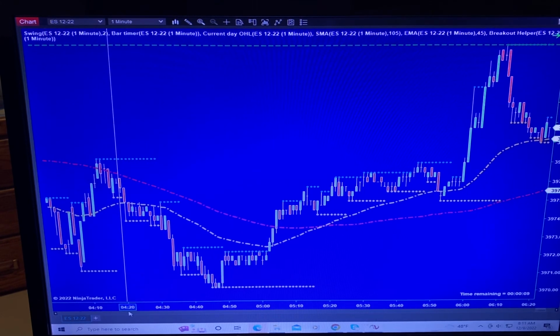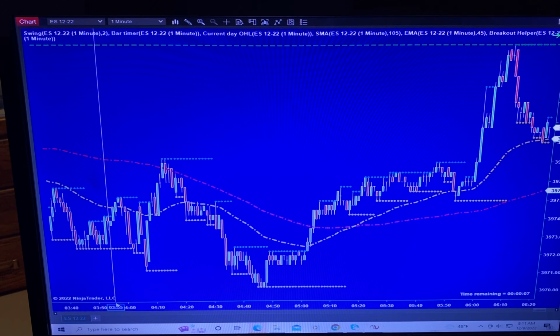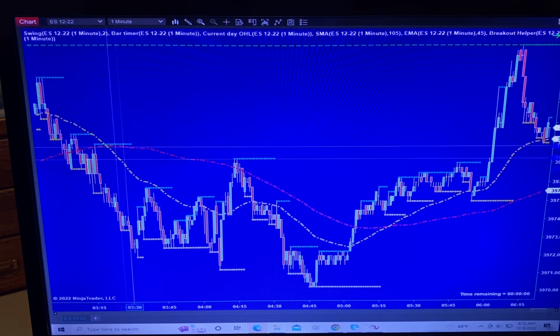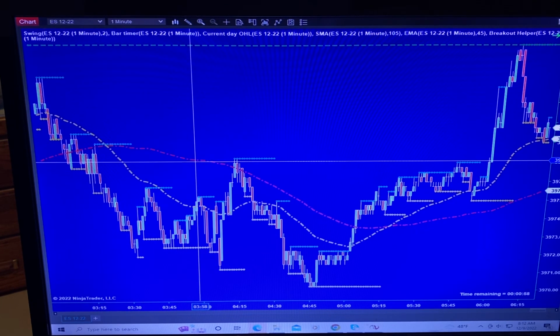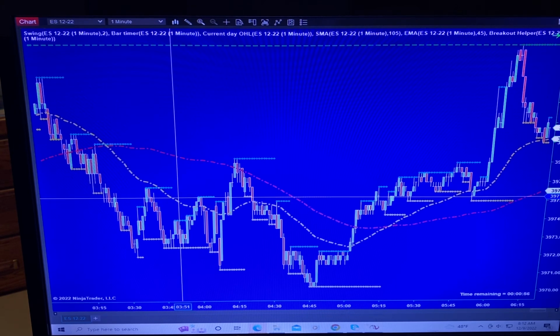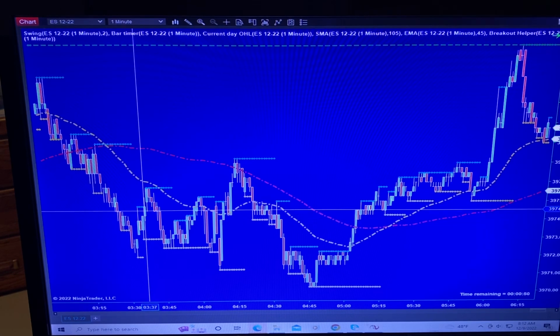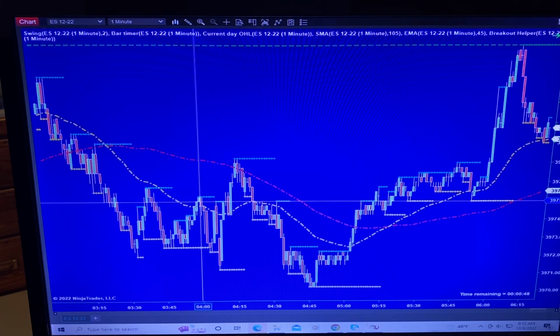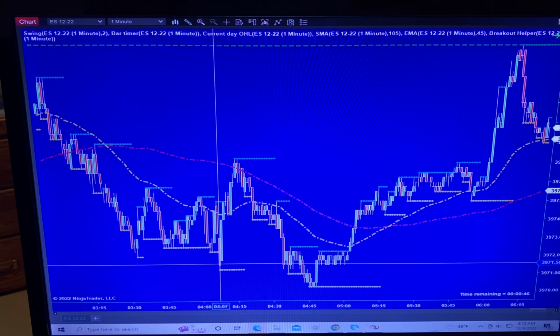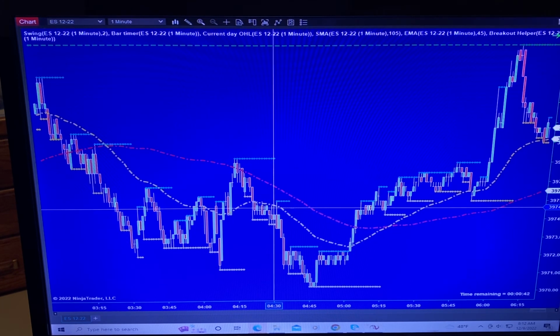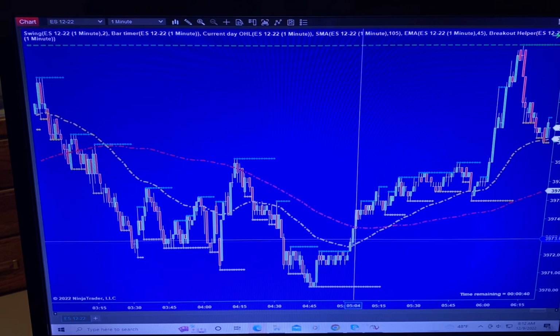This is the ES first thing this morning. So the ES rolled up, tested its gold line. This is on the downside. This is the 5-minute red line. This is the 5-minute gold line on the 1-minute chart. This is like 3 in the morning. Came up, down. Here's your breakdown on your gold line. Here's your breakdown of your red line. Here's a retest of the gold line. Here's a breakdown. Boom, boom, boom.